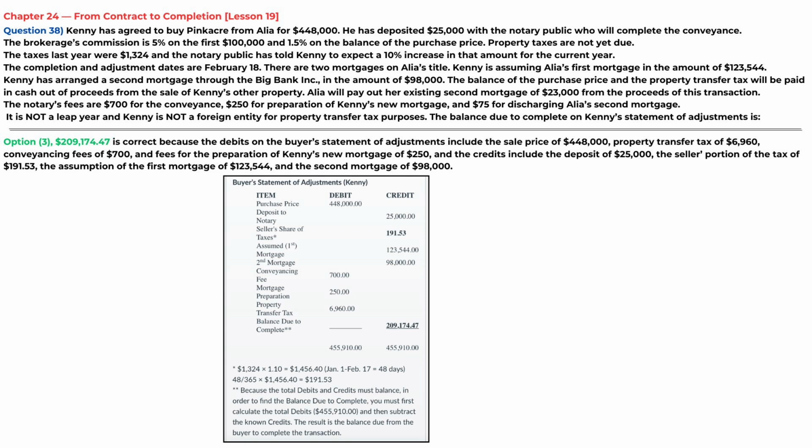The notary's fees are $700 for the conveyance, $250 for preparation of Kenny's new mortgage, and $75 for discharging Alia's second mortgage. It is not a leap year, and Kenny is not a foreign entity for property transfer tax purposes. The balance due to complete on Kenny's statement of adjustments is option 3,